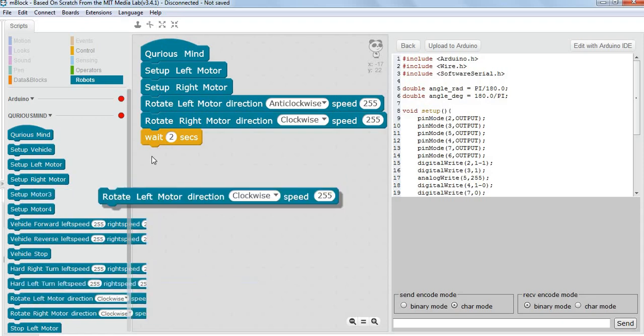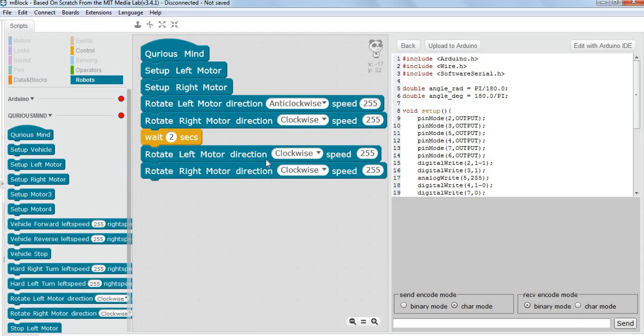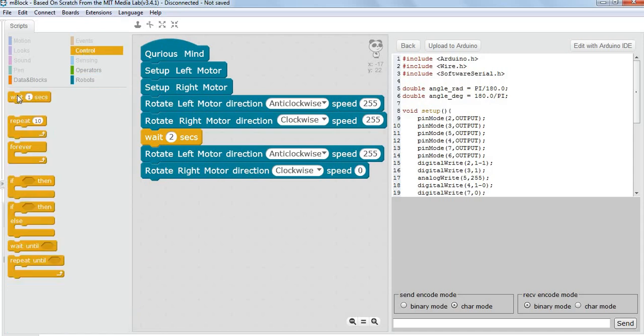So we need left motor, we need right motor. Left motor needs to keep on going forward, which means it has to rotate anti-clockwise. Right motor, we want to stop, so it will rotate at 0 speed. Thus it will start taking a turn towards right with the right motor fixed at its place. The turn also needs a finite time, so we need to ensure that this action is executed for a finite time. Now let's assume that it takes 1 second to complete the 180-degree turn, which is a U-turn.